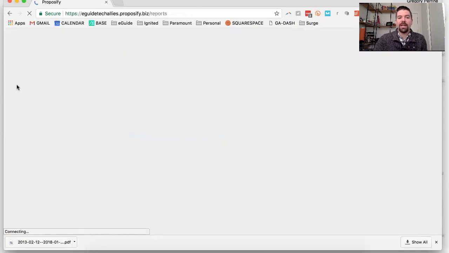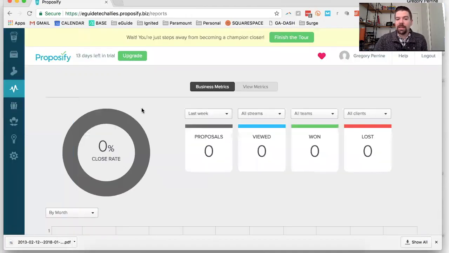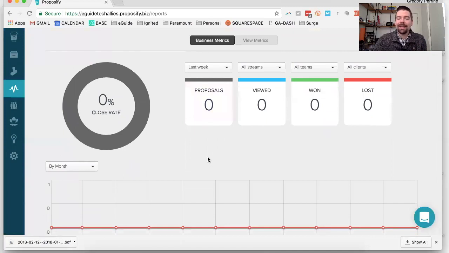Other items in your board area, your navigation area, are your metrics. And this is the really cool tool about any of these proposal software tools. Proposify specifically allows you to see how many people have viewed your proposals, how many of those proposals have closed, lost, how many proposals you've sent, and then at an individual proposal level, you can also see what pages they were on,